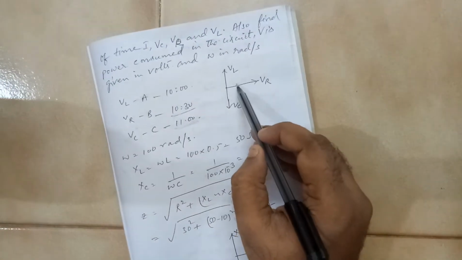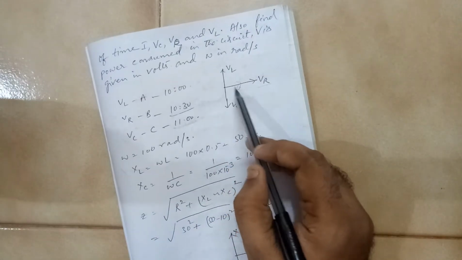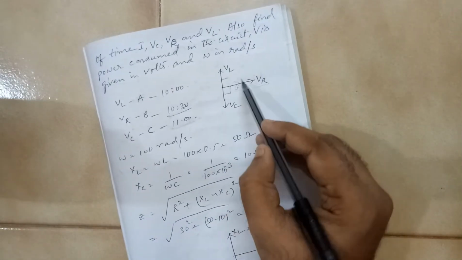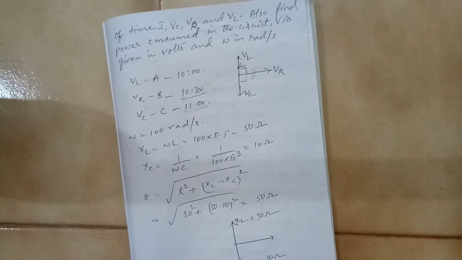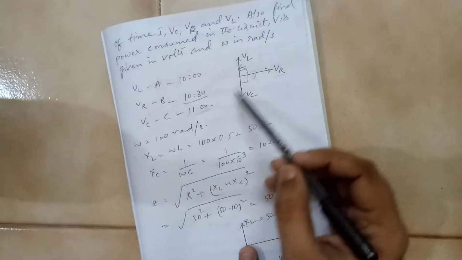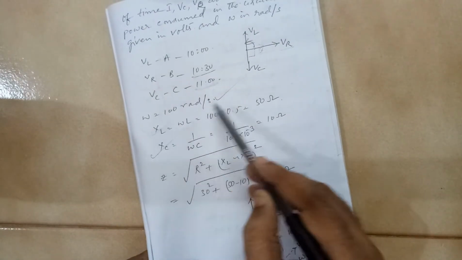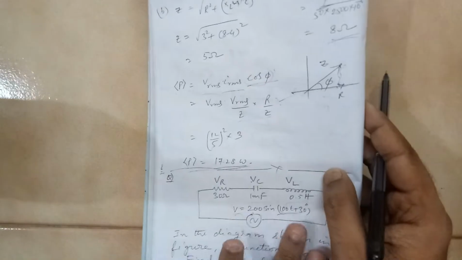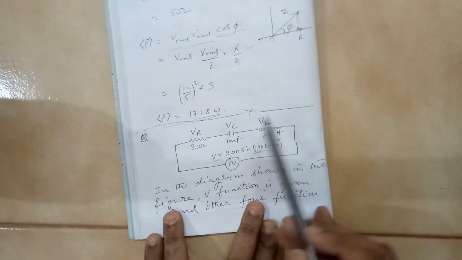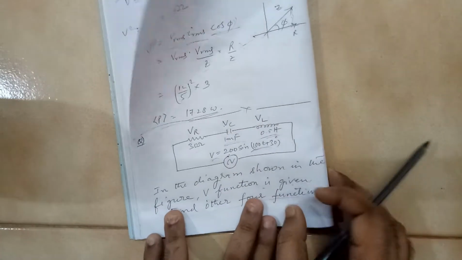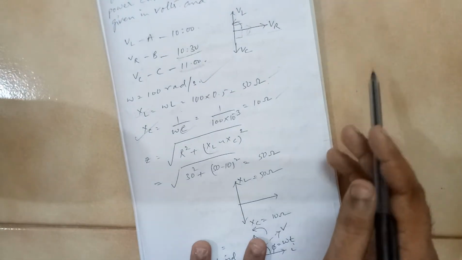So we are saying that I and VR are in the same phase. VL is ahead of I by 90 degrees. VC is behind I because you will always be measuring the angle in the anti-clockwise direction. Now in the question, the omega value is provided, and we can find XL and XC, because the L value and C value are given in the diagram. You can see all 3 values are provided. So you can work out XL and XC. You get 50 ohms and 10 ohms.